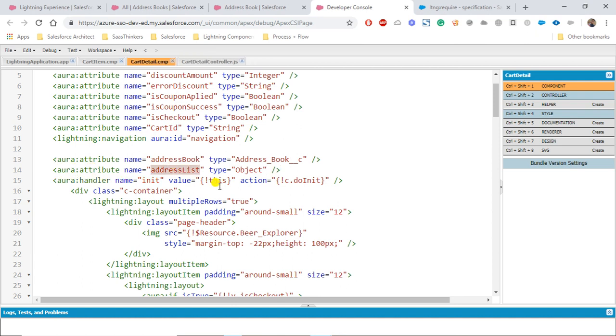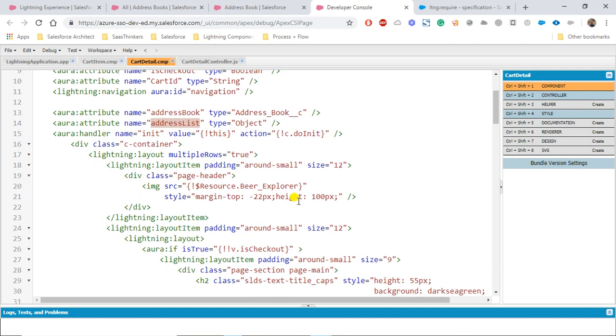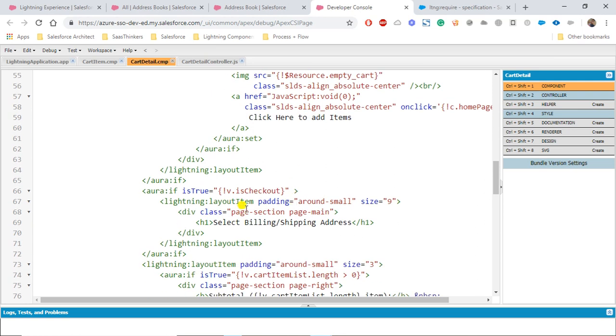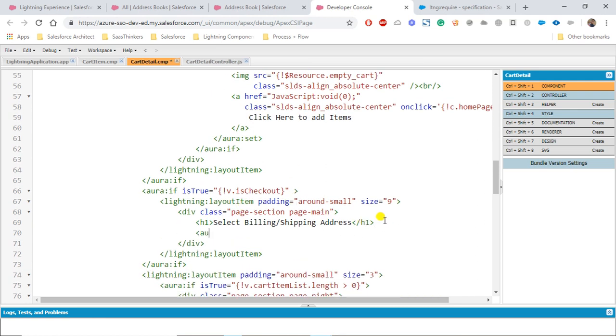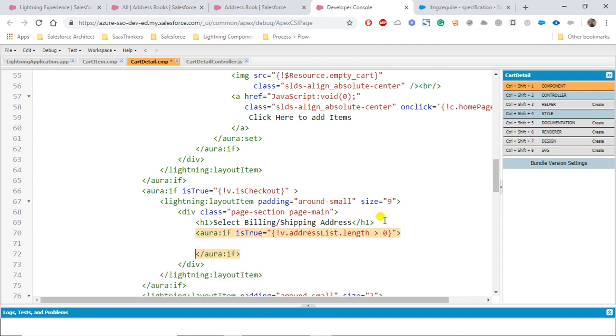So if that address list will be empty, then only we will provide an option to create the address for the user. So here we will check aura colon if is true, v dot this dot length is greater than 0, then we will display the list of address over here